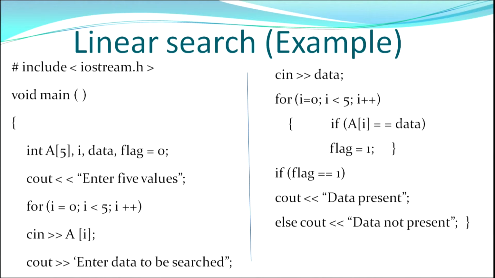So, this program that you see on your screen shows the linear search mechanism where I am traversing from the first element till the last element, and at every step I am comparing the value to be searched with the array element. If it is found, the variable changes and we display that the data is present, otherwise data